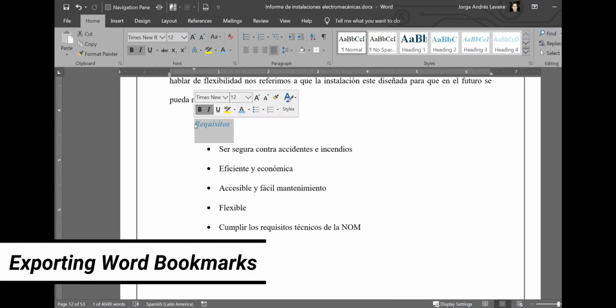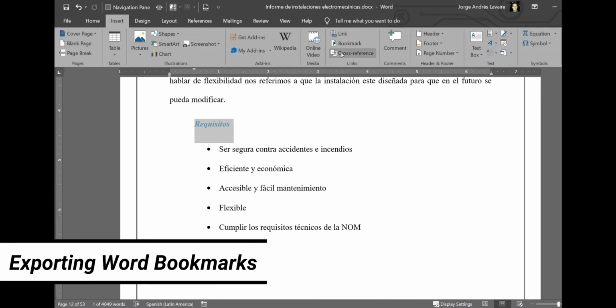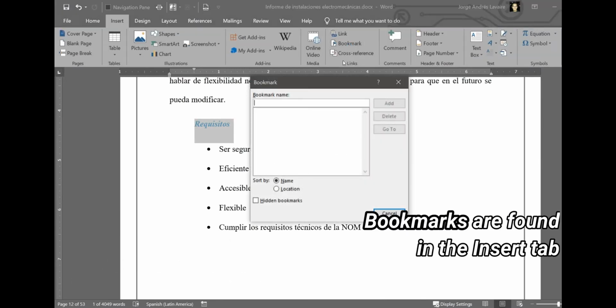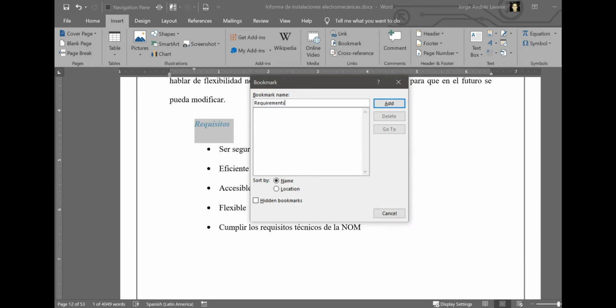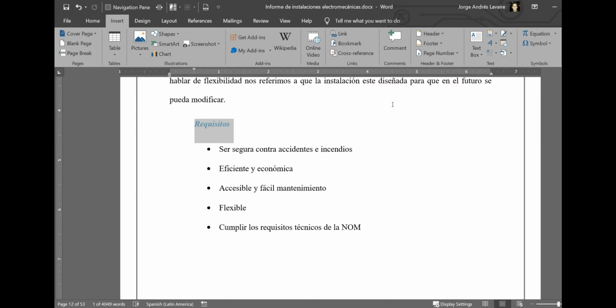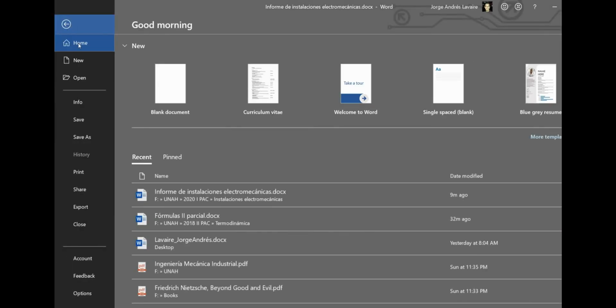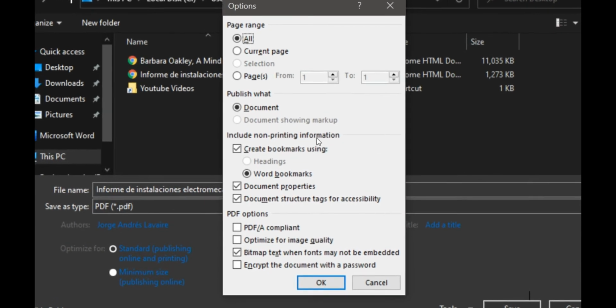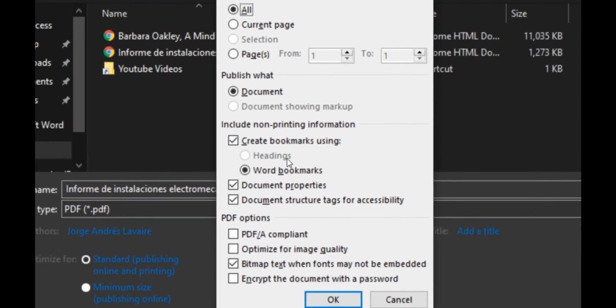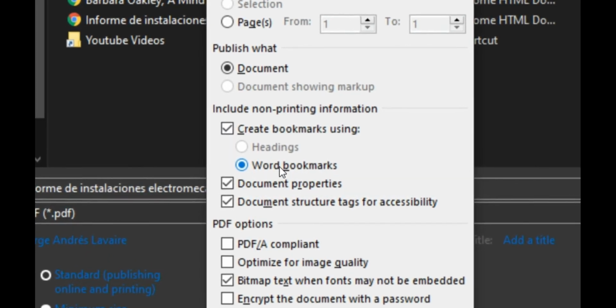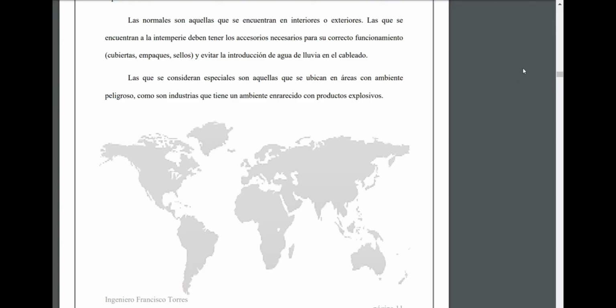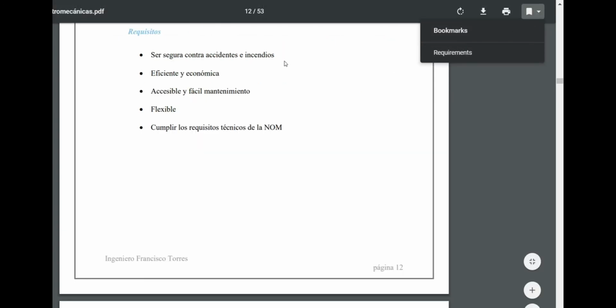You may also be acquainted with the bookmark tool inside of Word. This is amazing to reference specific portions of your document, and you can make your PDF file more interactive by adding these customized bookmarks to it when exporting to PDF. Unfortunately, you can only choose one or the other, but you can create bookmarks with your headings and then export only bookmarks made in Word.